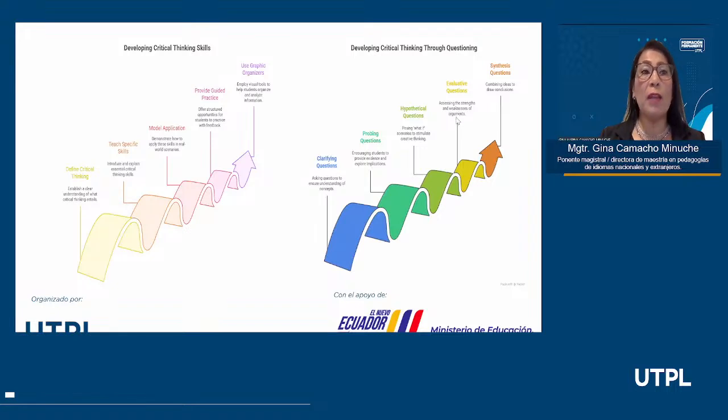Okay, why are you telling me that? What are the reasons you have to show me this is true? You should question your students in that way. Do you have any evidence? Synthesis questions. Combining ideas to draw conclusions. Okay? If you ask your students these kinds of questions, they are going to improve. They are going to be better critical thinkers. They are going to provide you with the possible solutions, and everything is going to change in the classroom. They are not going to be passive anymore, but active learners. And that's what we want to achieve.